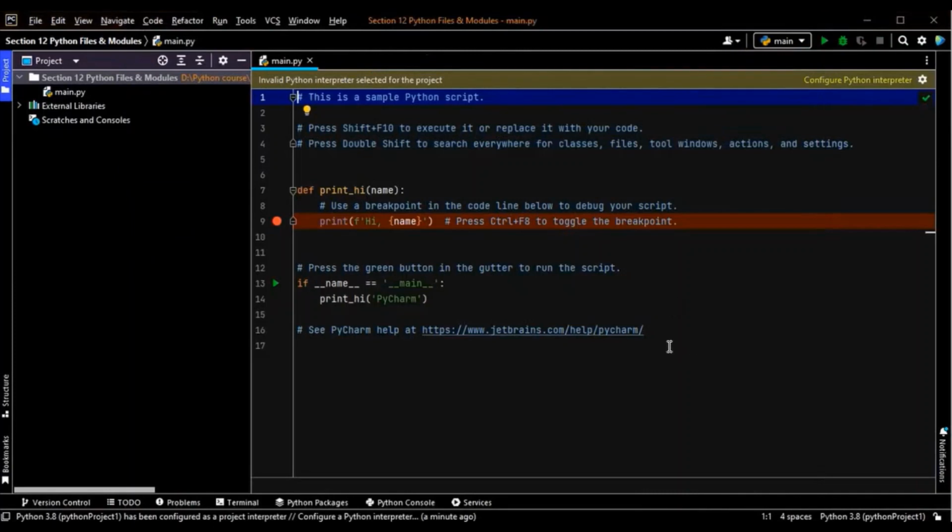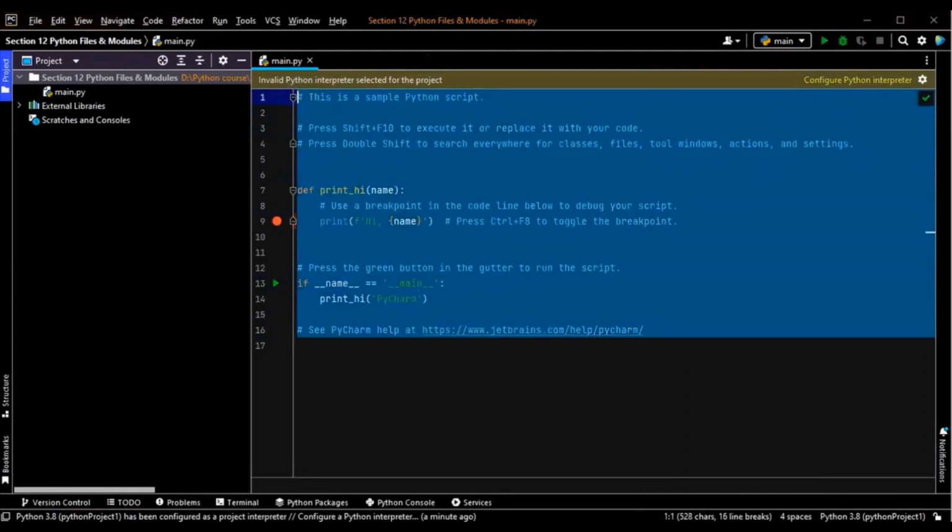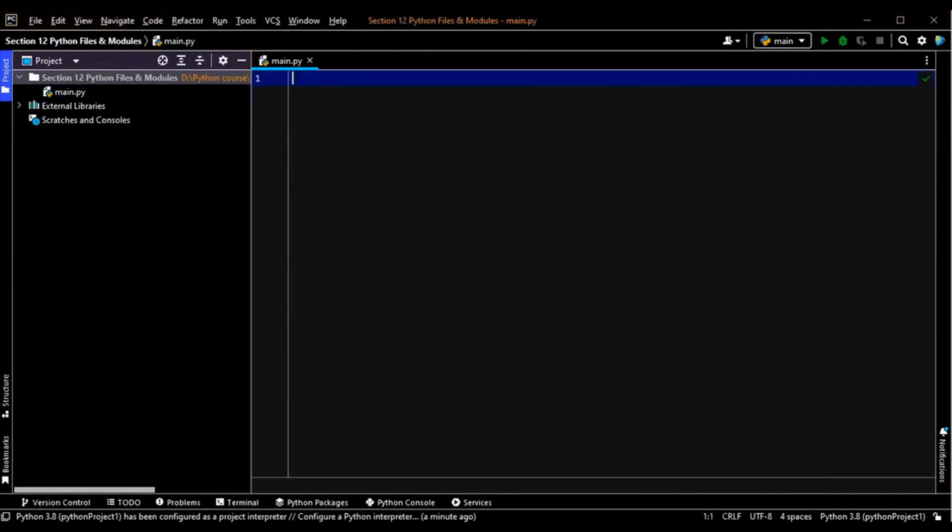All right. So if I talk about Python files and modules, let's first talk about file handling. How to work with inputs and outputs of the files. Okay, so I'll just write down